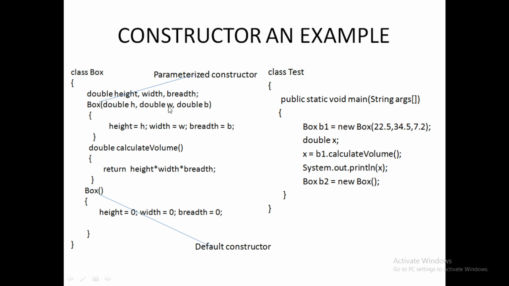But once you have written a constructor, say you have written this one, Java stops providing the default constructor. So Java will not provide this one automatically. So if you need to use this one in your program, you have to explicitly write it. Therefore, as I have written this parameterized constructor inside the box class, if I need to use, as I have used here, I have created another object b2,